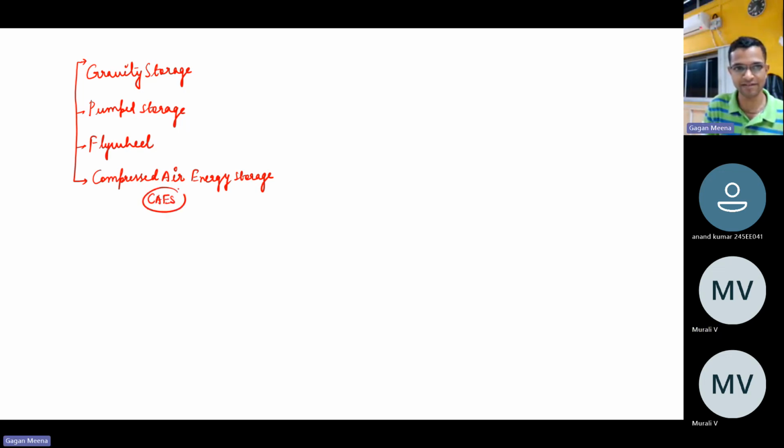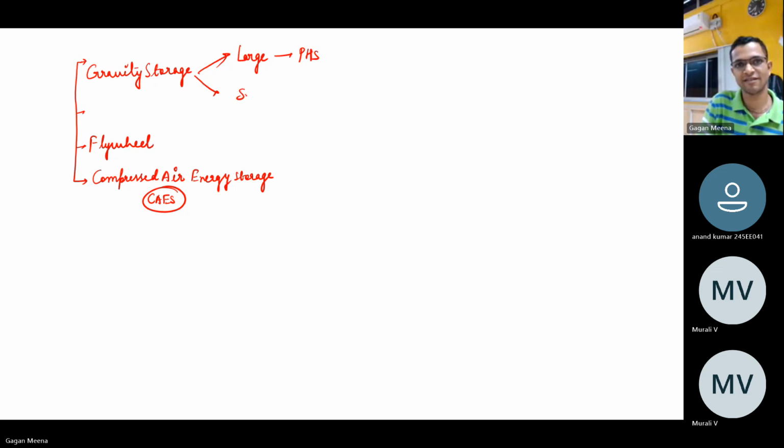This also we have discussed. Actually, this pumped hydro is a kind of gravity storage, and it's large scale. And on a smaller scale, we can have